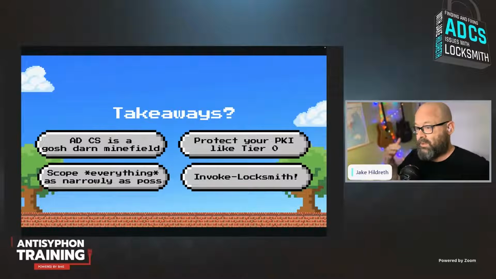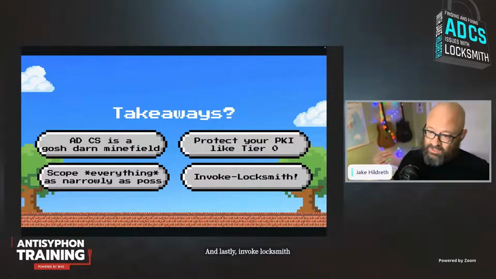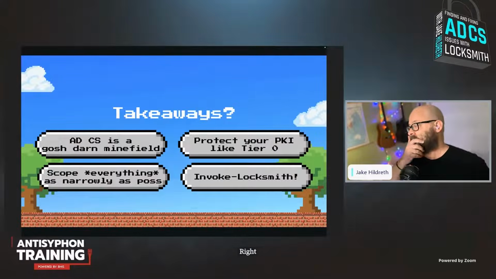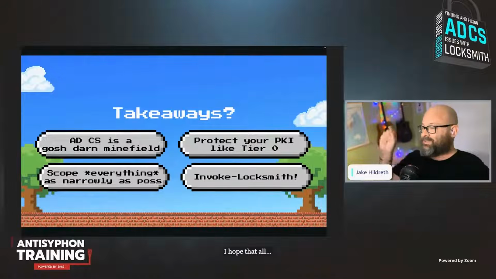And lastly, invoke Locksmith. Just run it regularly. You never know what might happen, right? So I hope that all dispels a little bit of the fear